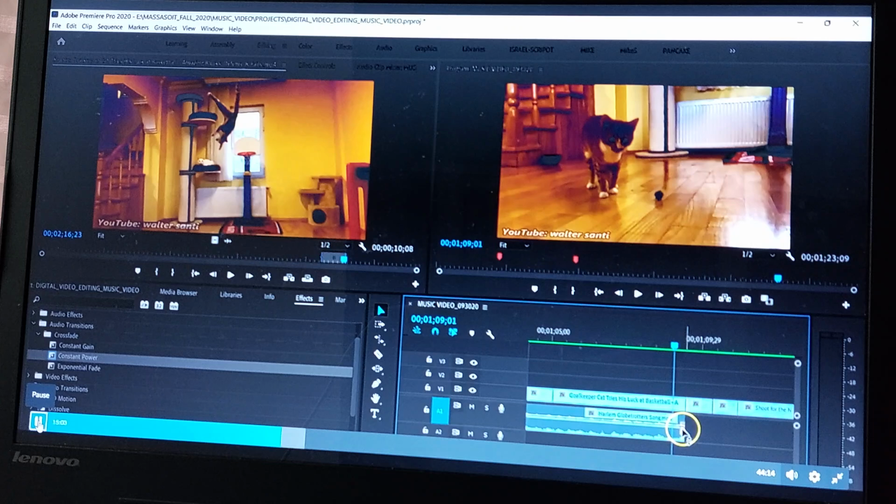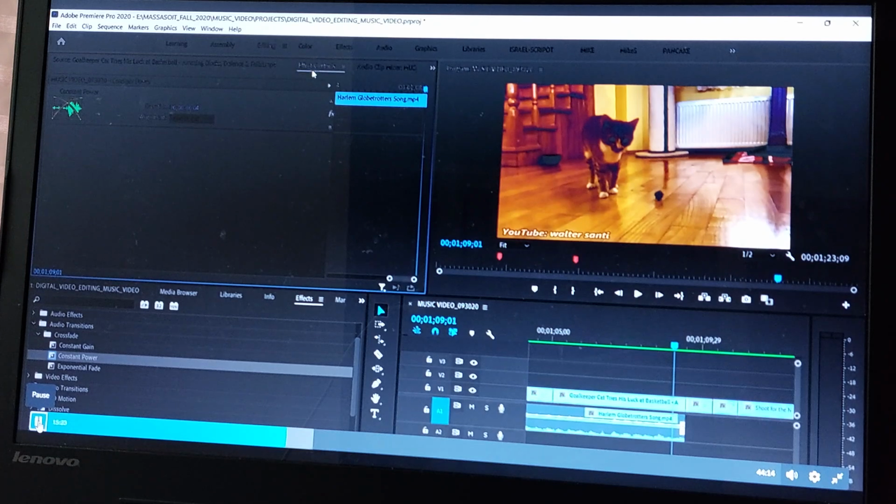So we want to make that dissolve last longer. So right now, there's of course a bunch of different ways. If you highlight the icon, whatever the effect is, right now it's just an audio dissolve, we highlight it, and then we go into this tab at the top called Effect Controls. And here it gives you the effect. It tells you what the effect is, gives you a little visual representation. We can see these two. It's an audio effect. It's got the audio waveform squiggles, and it's got these two yellow boxes, meaning it's fading